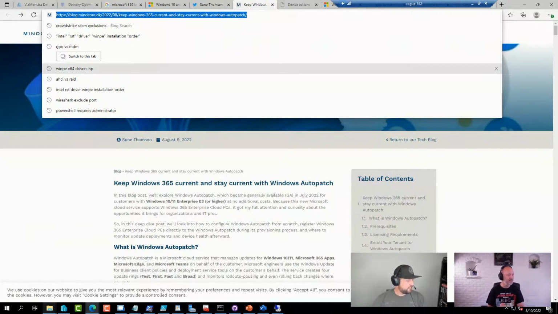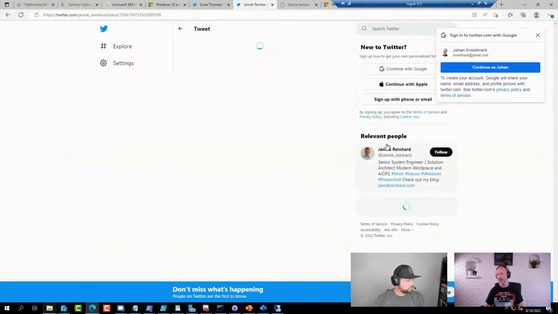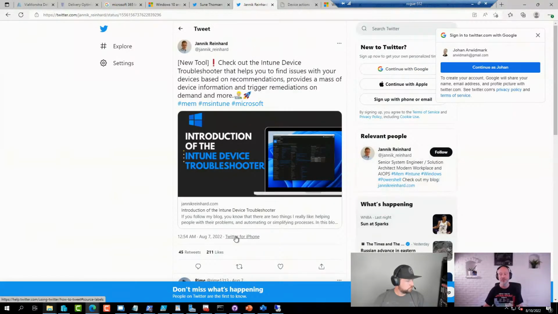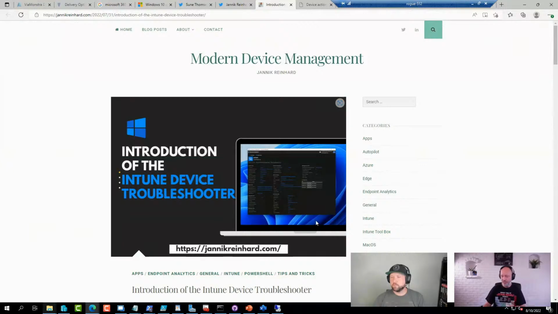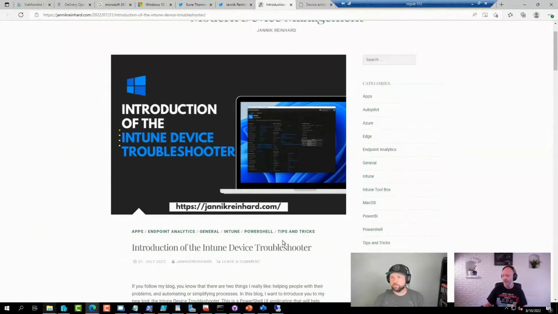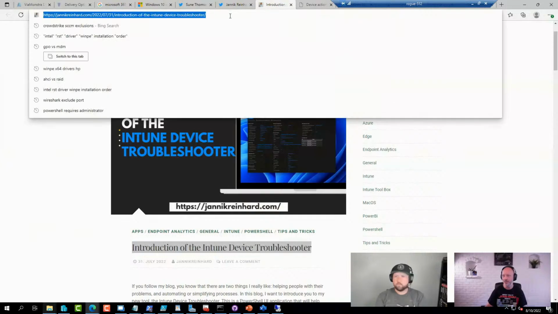Then we have Janik Reinhardt. He put together a new release of a tool that can help troubleshoot Intune, the Intune Device Troubleshooter, as they call it. If you haven't seen this one, I highly recommend taking a look. Very cool stuff right there. Yeah, it's fun because you start to see a lot of these different community troubleshooter tools coming up.